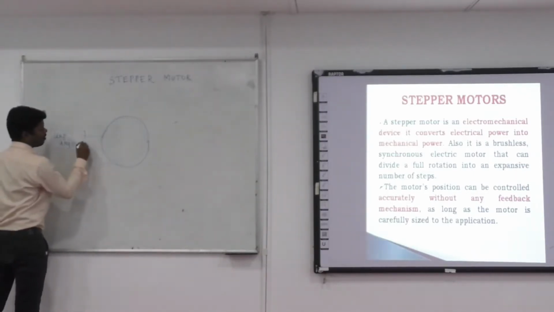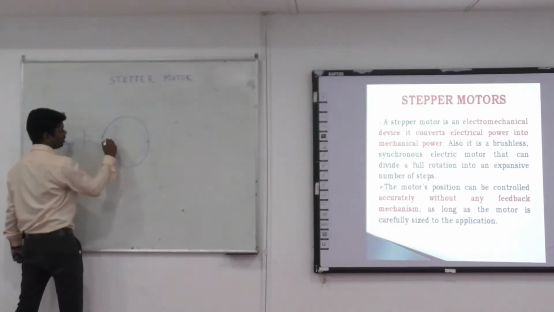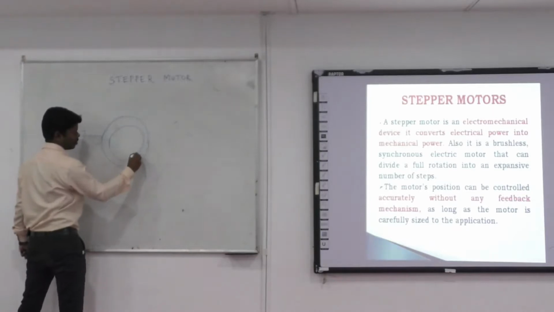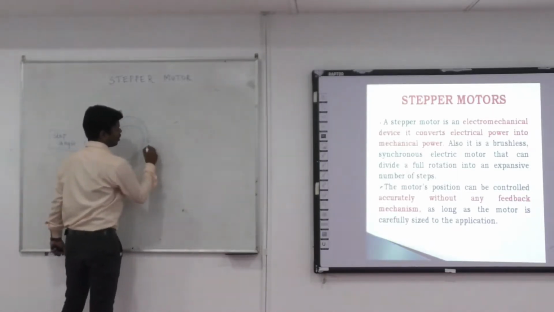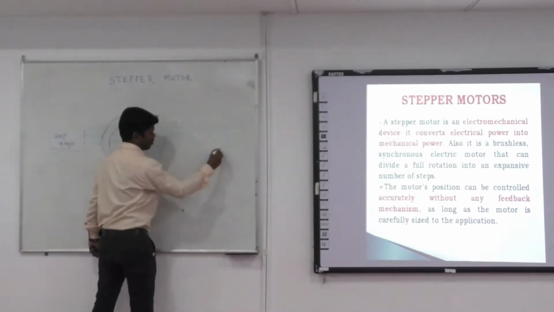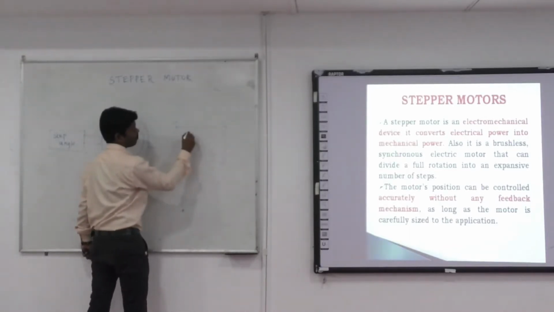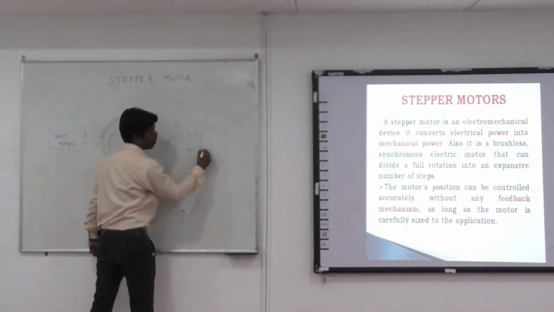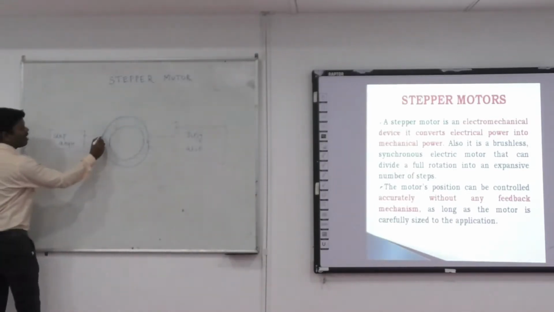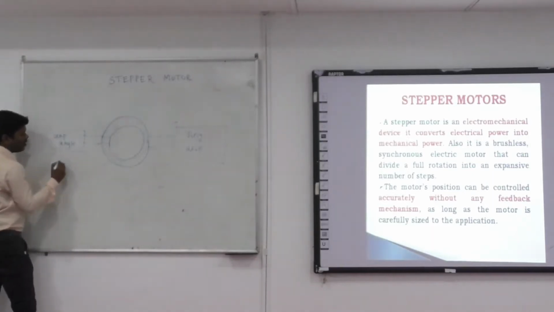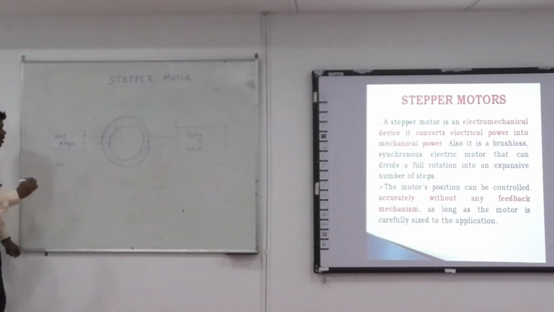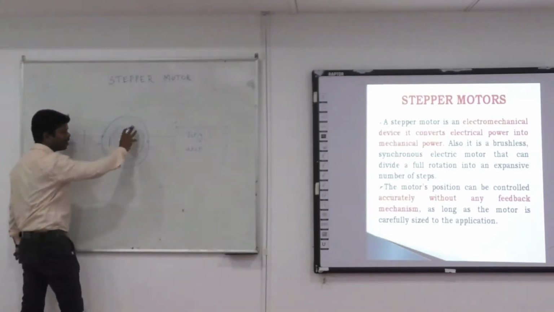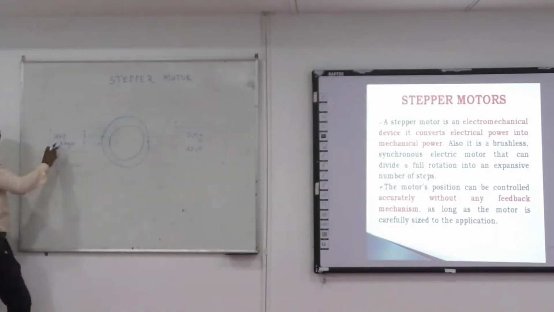The step angle is given to the rotor. This is called the stator, and this is called our rotor. This is called angular displacement. We apply a step angle to the rotor. For example, we apply a step angle of 30 degrees, or otherwise 60 degrees, so the rotor rotates 30 degrees or 60 degrees. Based on the step angle, our stepper motor works.